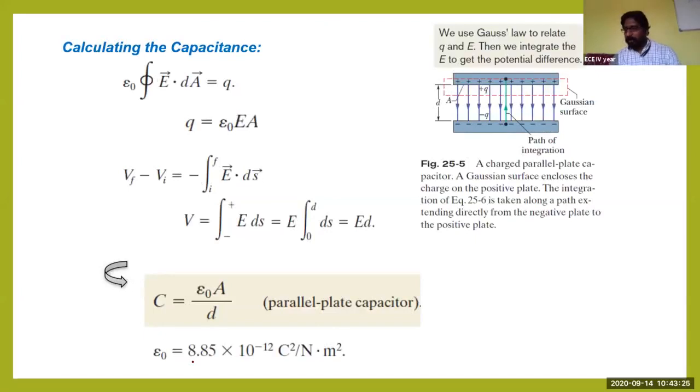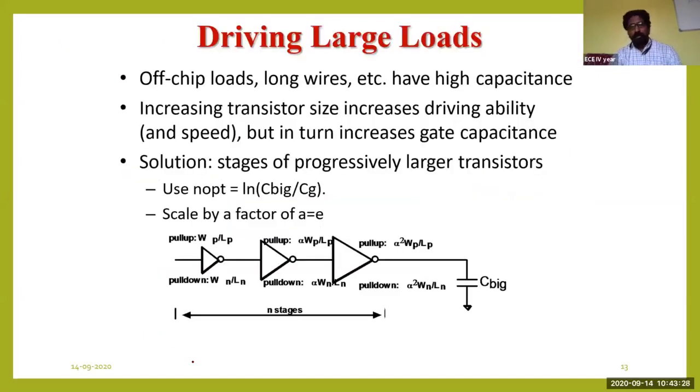And coming to driving large capacitive loads. What is meant by a large capacitive load? Why did I explain the capacitor? Because if you don't know what a capacitor is, you cannot understand the concept of driving large capacitive loads. Here the load means we are talking about higher capacitances at the outputs. That capacitance has to be driven from one point of the circuit to another. If a capacitance is very huge, you cannot drive that particular circuit's signals. So that's why the capacitance topic is very important in order to understand large capacitive loads.